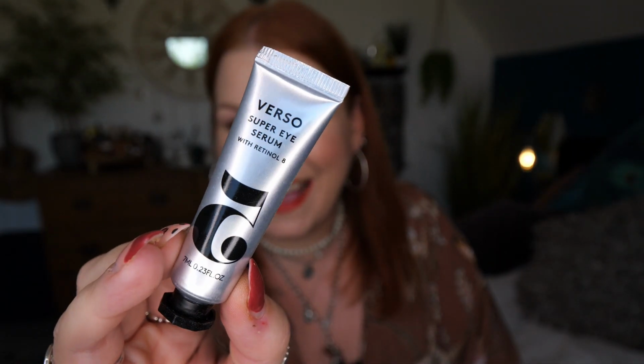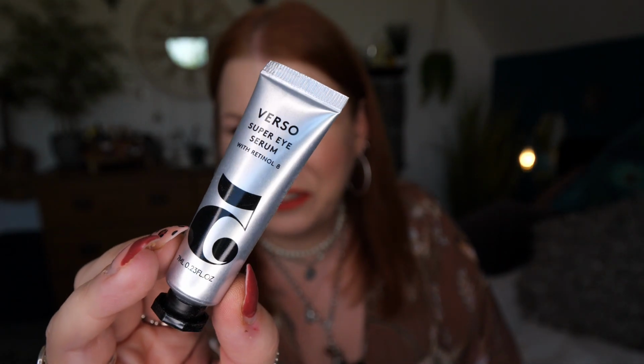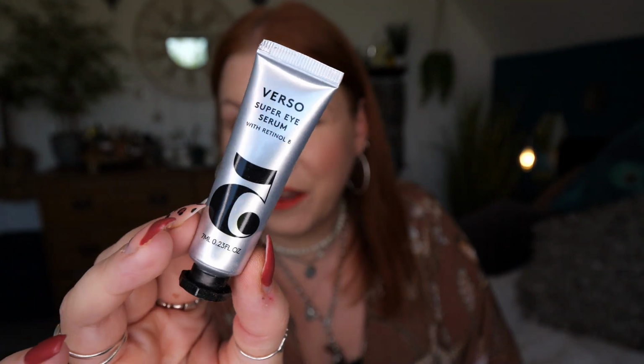Next, something for my eyes. This is an under eye serum, a super eye serum with retinol 8. This is by Verso. And there's 8 mils there. So always on the lookout for a nice eye serum that hydrates